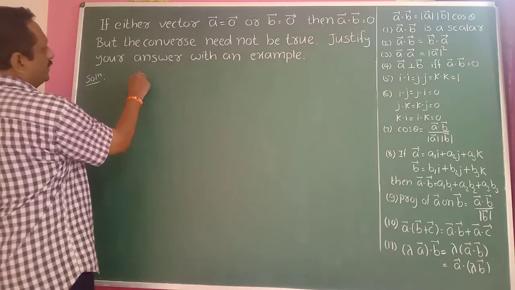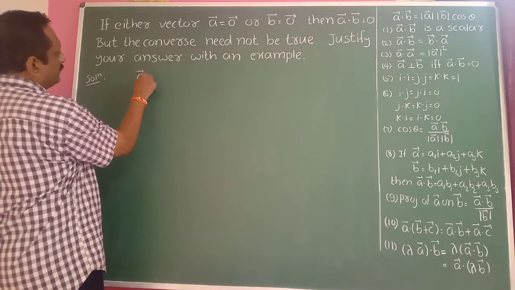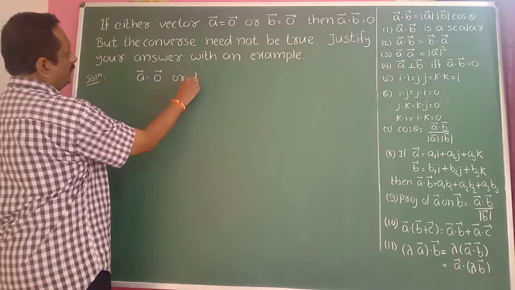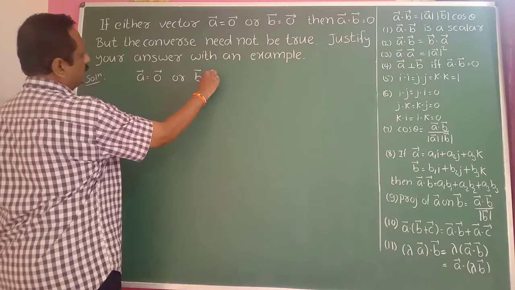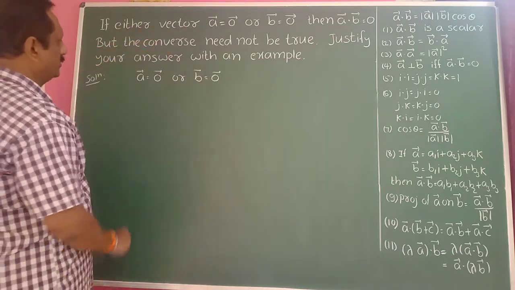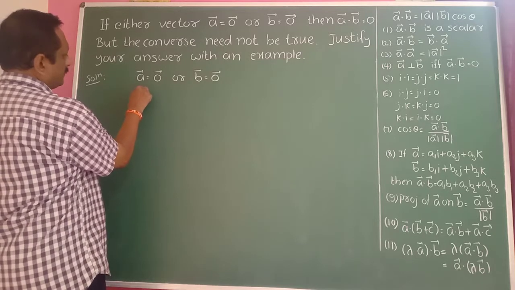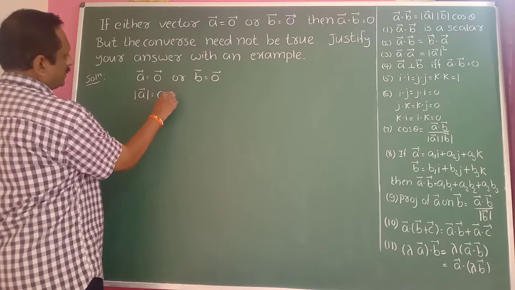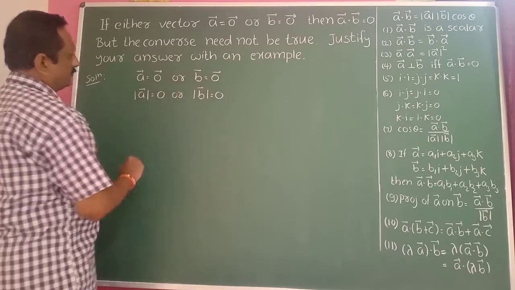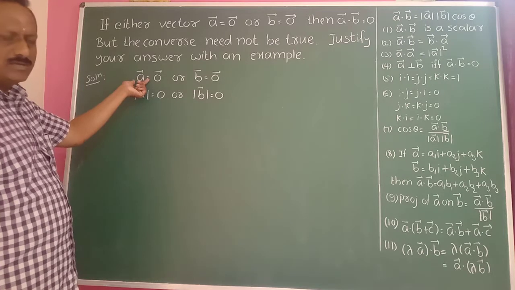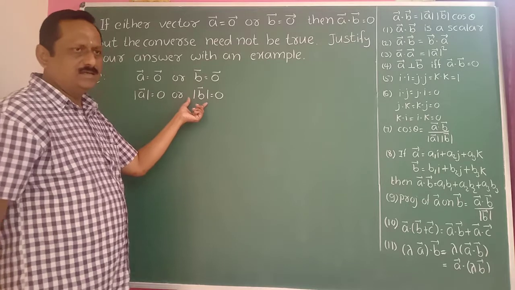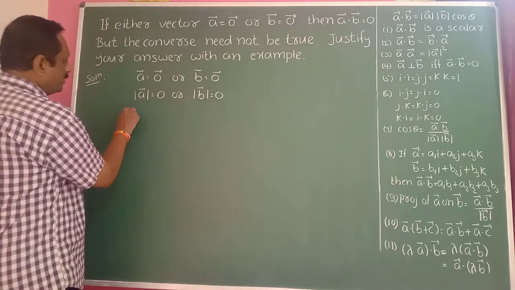Here they have given that a bar is a null vector, a bar equal to 0 bar, or b bar equal to 0 bar. If either vector a bar or b bar is 0, then the modulus of a bar is 0 or the modulus of b bar is 0. If a bar is the null vector, then its modulus is 0. If b bar is a null vector, then its modulus is 0. Therefore, a bar dot b bar